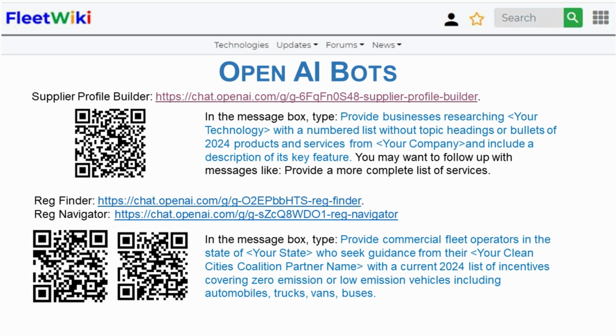If you are a supplier, use the QR code to find the Supplier Profile Builder bot, and then in the message box, type, "Provide businesses researching your technology," with a numbered list without topic headings or bullets of 2024 products and services from your company, and include a description of its key feature. You may want to follow up with messages like, "Provide a more complete list of services,"